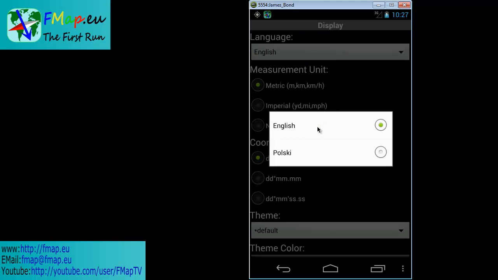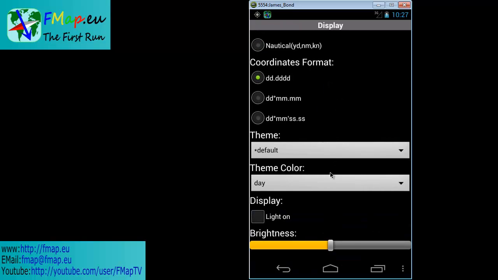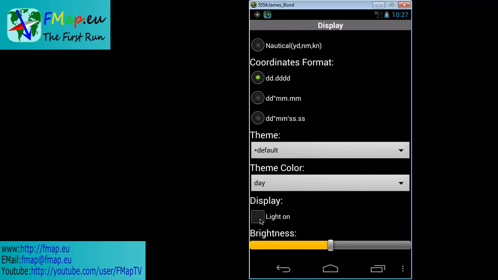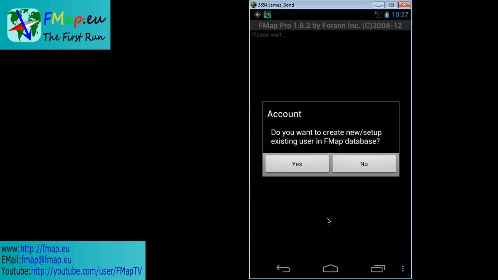Here you can choose language, measurement units, coordinates format. You can change theme and its color or permanently turn on screen backlight. Of course, all these parameters you can change later. When you set up all parameters, save it, and the program will ask if you want to create or set up an existing user. If you choose no, the program will not connect to FMAP server, otherwise you will see the sign up